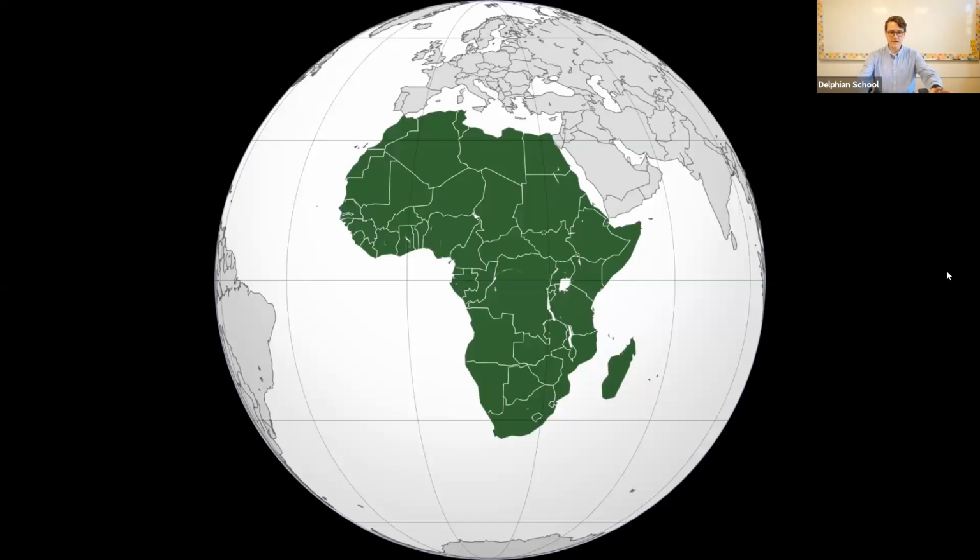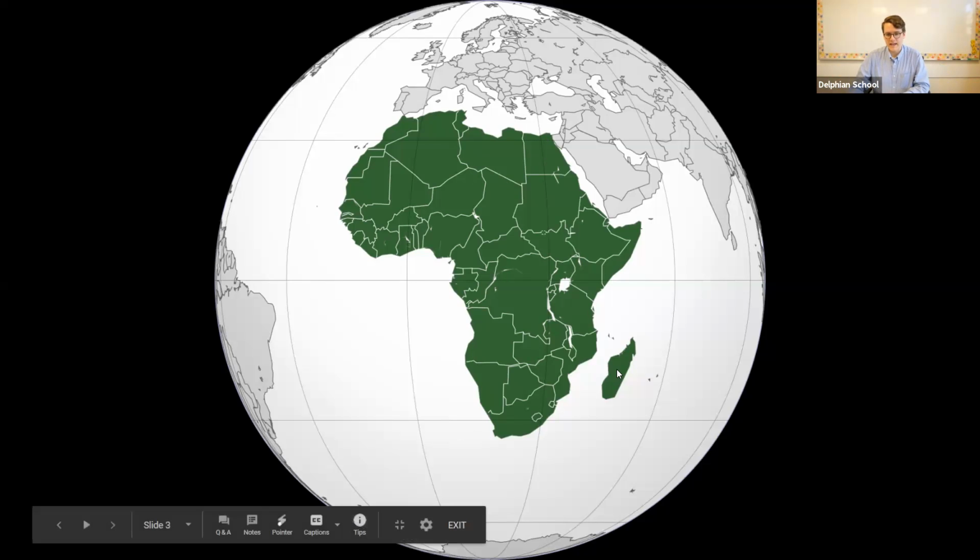Okay, here is a map of Africa. This isn't exactly what it looks like from space. This is a map drawn by people. And you can see there's lines all through it. Those lines don't actually exist. Those are lines drawn on the map so that we can separate out for ourselves, when we see it, where are the different countries? And like here is Egypt up here, and Morocco's over here, and here is